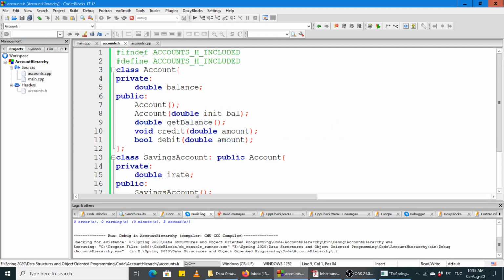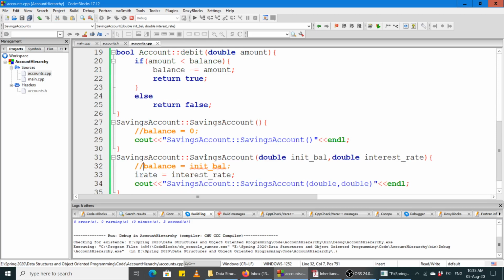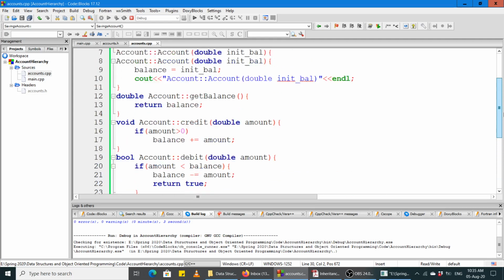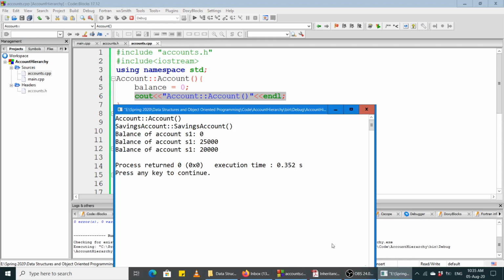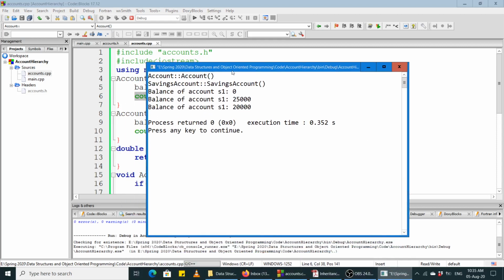लेकिन अकाउंट क्लास के डिफ़ॉल्ट कंस्ट्रक्टर को हमने एक्सप्लिसिटली कॉल नहीं किया। सेविंग्स अकाउंट क्लास का जो डिफ़ॉल्ट कंस्ट्रक्टर है वो उसको इम्प्लिसिटली कॉल करता है। आप उसको कॉल करें ना करें, ये उसको कॉल करेगा, ठीक है। और जब सेविंग्स अकाउंट क्लास का डिफ़ॉल्ट कंस्ट्रक्टर अकाउंट क्लास के डिफ़ॉल्ट कंस्ट्रक्टर को कॉल करता है तो वो बैलेंस को वैल्यू 0 पर इनिशियलाइज कर देता है और ये लाइन भी प्रिंट कर देता है, ठीक है। सो दैट इज़ वाई यू सी आपको